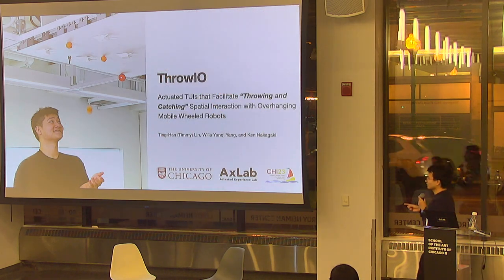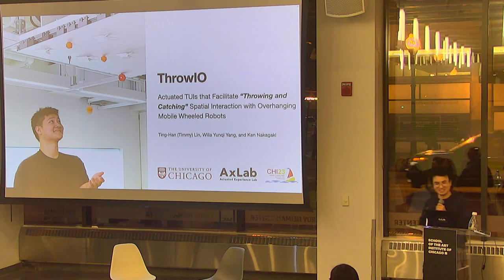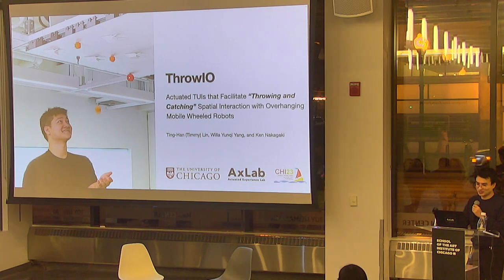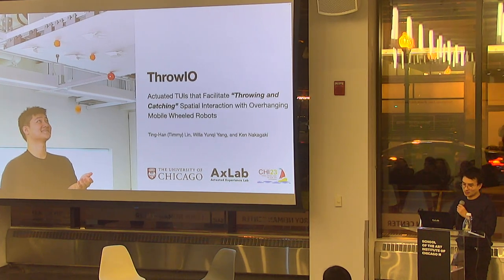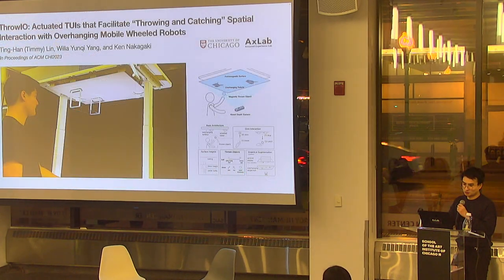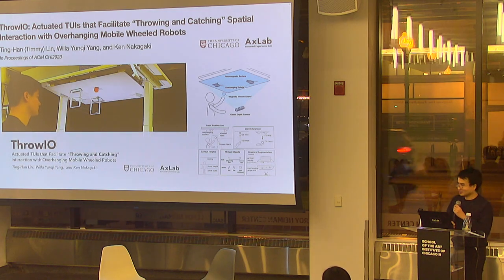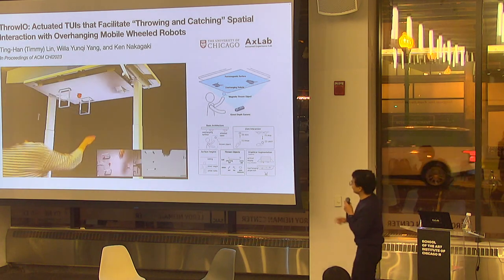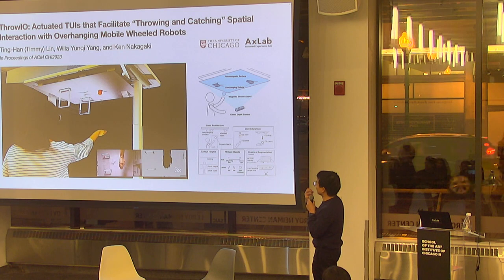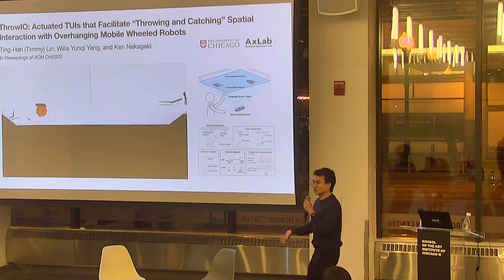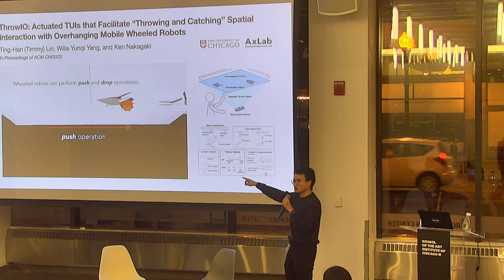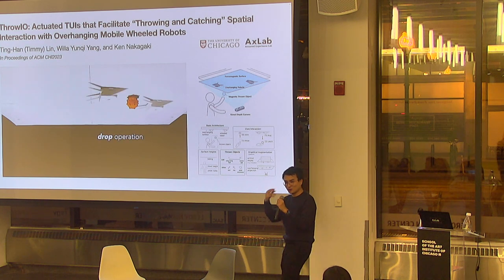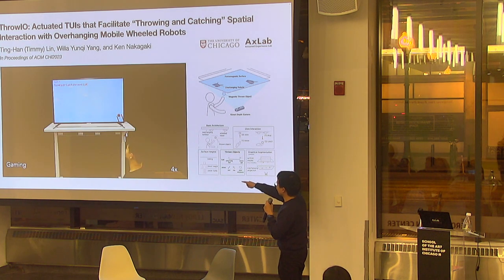Luckily, we got another paper accepted for the same conference, which we call Throw.io, which was an idea by Timmy Lin, now a PhD student at UChicago. So this idea is how we can facilitate throw and catch interaction. Timmy is almost like a professional juggler. He can juggle 7 balls at the same time, and we were thinking of using this swarm robot